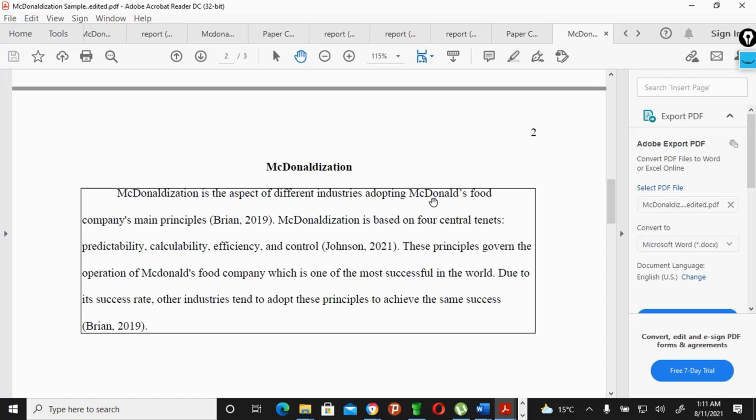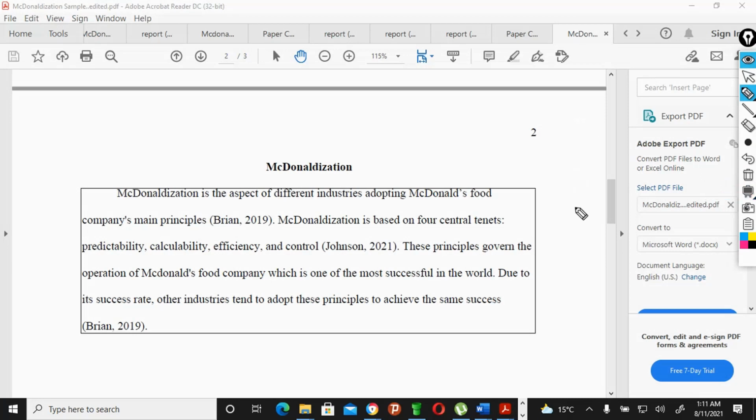Brian, 2019. Okay, now I've proofread that paragraph using Read Out Loud of Adobe Acrobat, and what I've seen is that it's good, and I can develop the ideas from the introduction.